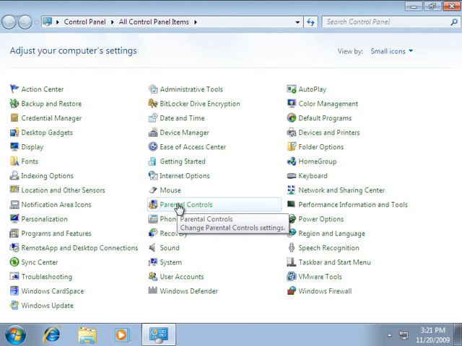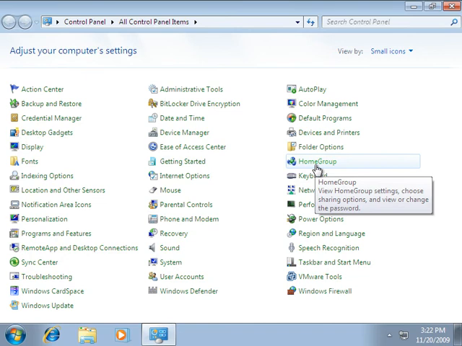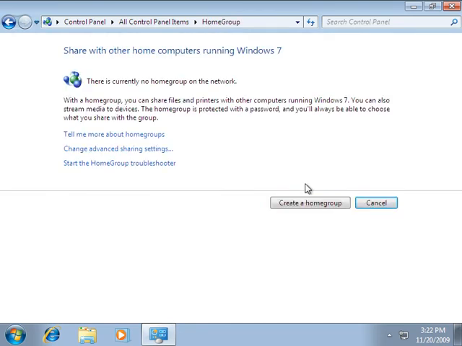The other beauty of home groups is that because home groups can actually create a password, you'll have a more secure environment where only members of the home group can access files and information throughout the home group user environment. So to create a home group, I can do it in two ways. Either open up the control panel and go to home group and create a home group. Have in mind, if a home group already exists within the network, you'll automatically see it here,